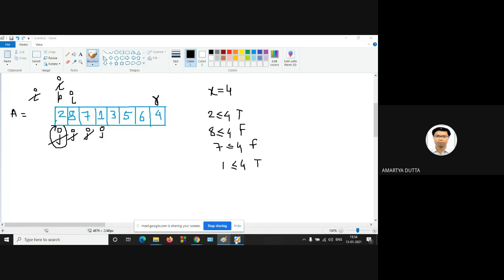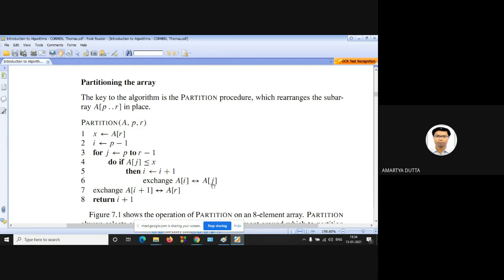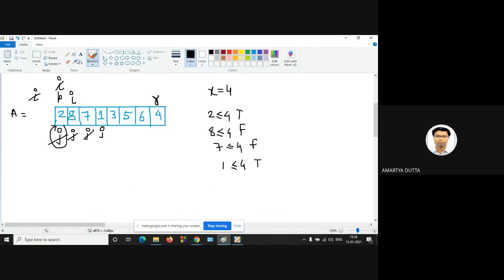Okay. Next, exchange AI with AJ. So 1 and 8 will be exchanged. So this will be your 1 and this will be your 8. Okay. Is it clear to everyone? Yes, sir.